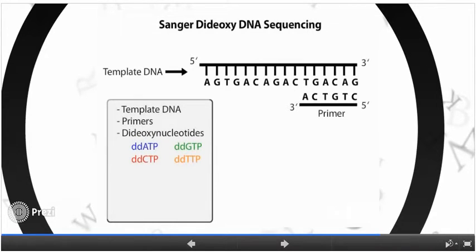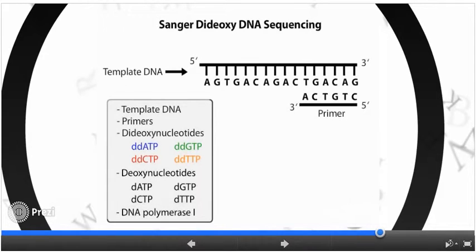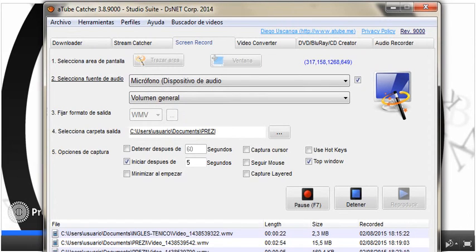The reaction mixture also contains larger amounts of the 4 deoxynucleotides and the enzyme DNA polymerase I. Many copies of each component exist in the reaction mixture. By the end of the reaction period, a population of DNA strands of varying